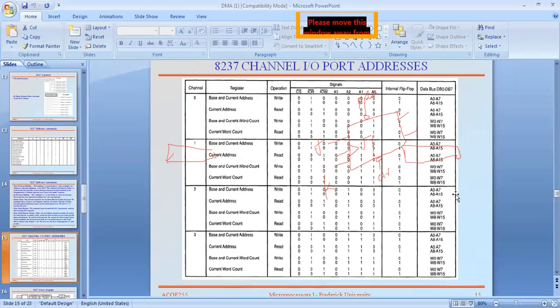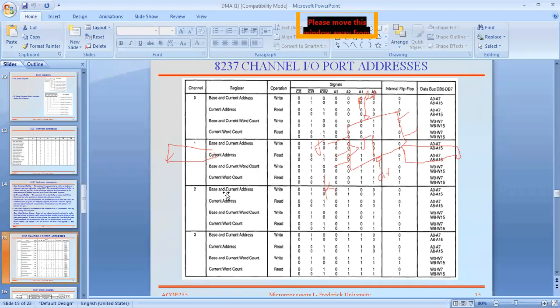See here, channel 0, channel 1, channel 2, channel 3. Already I told you that the 8237 has 4 channels. And what are the different registers available in those channels? Base and current address register, and base and current word count register.